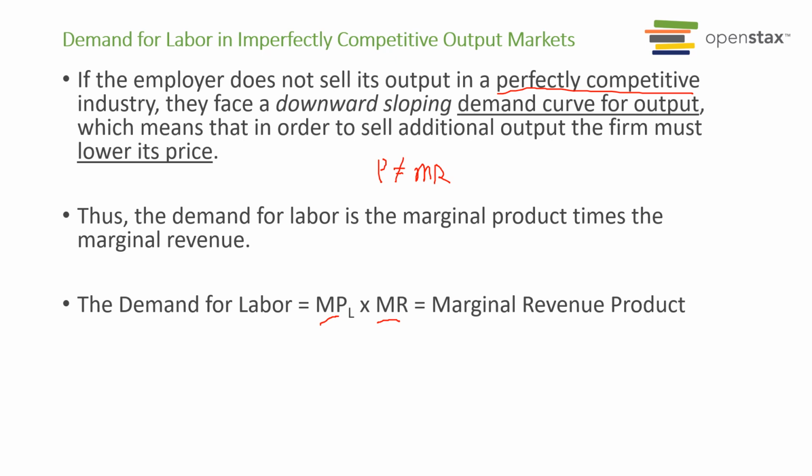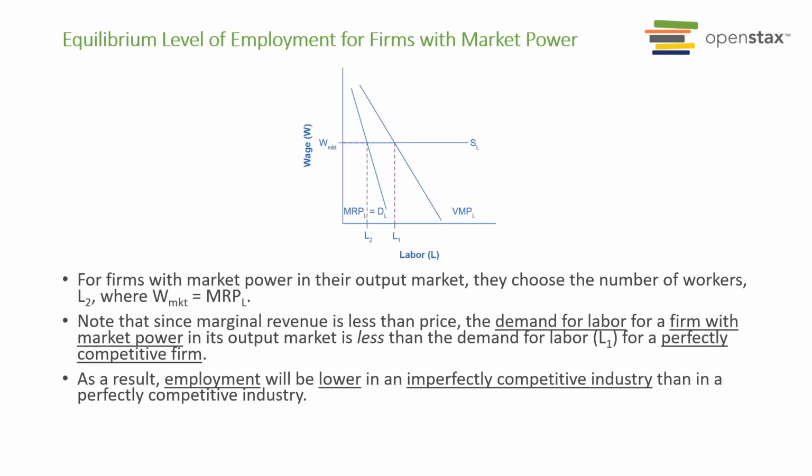So the marginal revenue product is equal to the marginal product of each individual worker times the marginal revenue of each worker they can bring to the company. And since a company in imperfect competition, so monopoly or oligopolies, has a marginal revenue curve that's less than the actual price of the product,